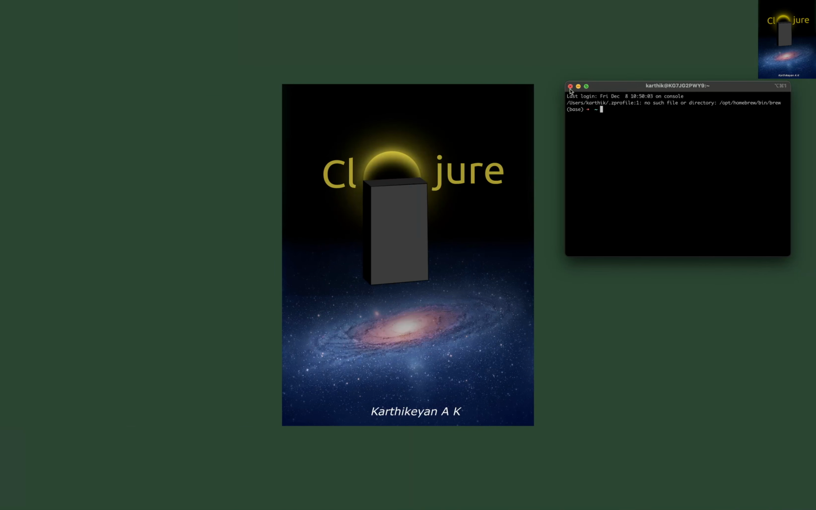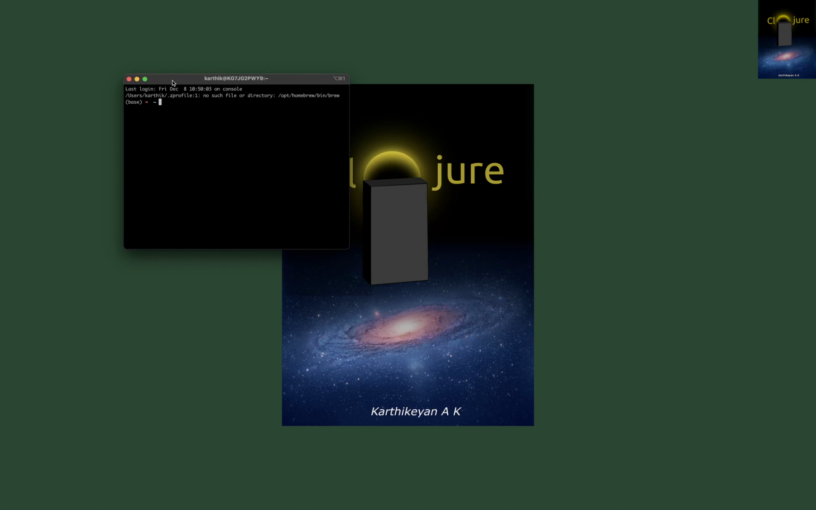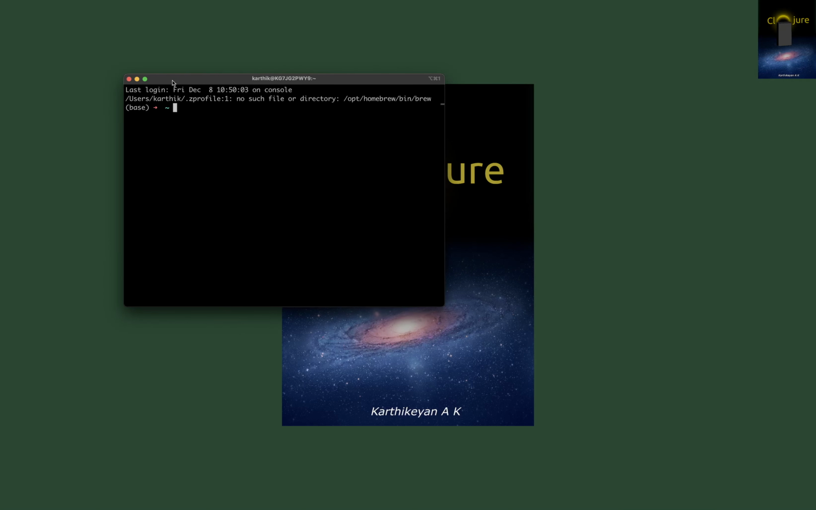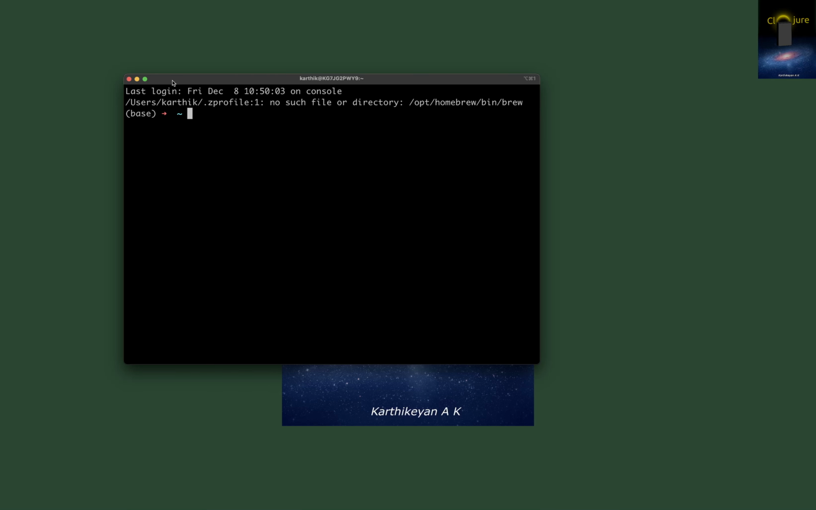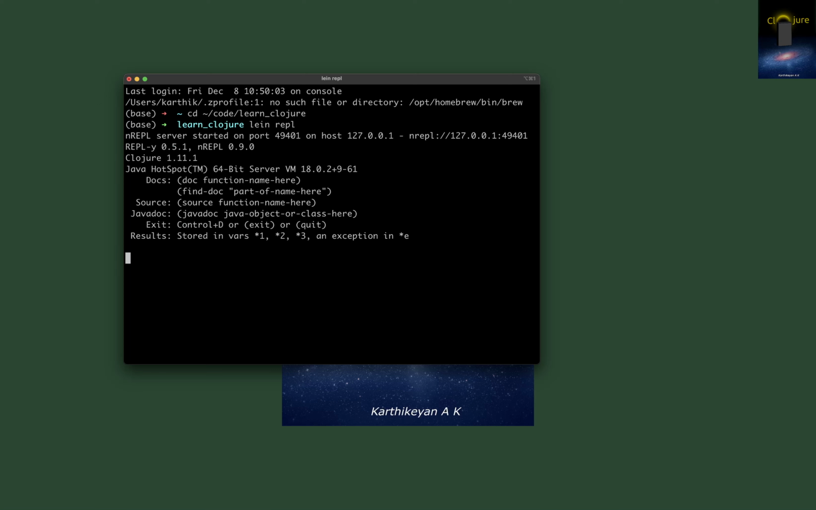So here I just have my terminal, or iTerm as it's called on Mac. Let me go to my learn Clojure folder. And then let me start this REPL. This will just start the REPL. So I'll copy this port number